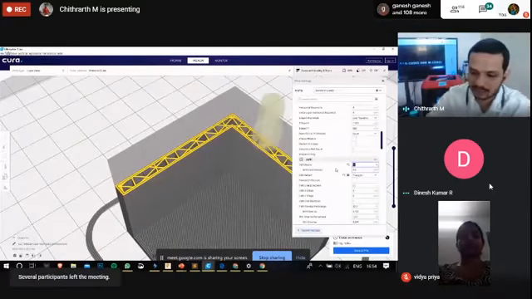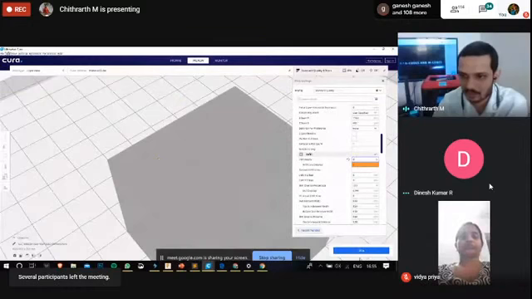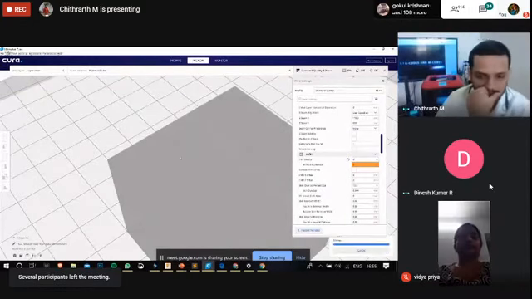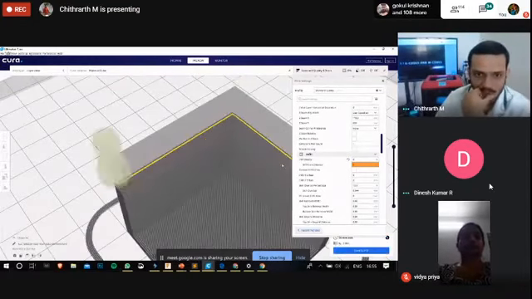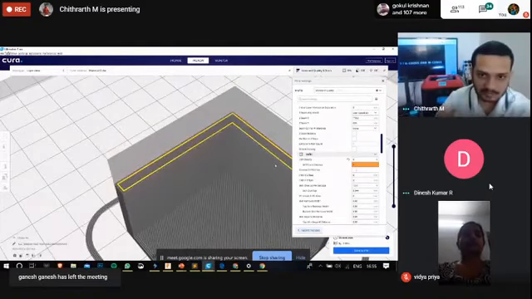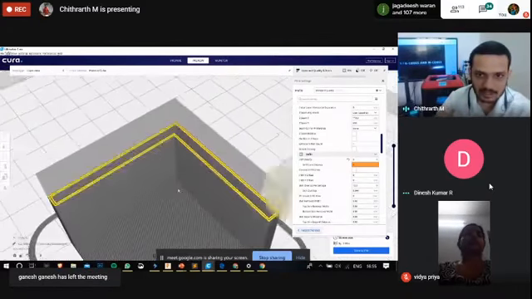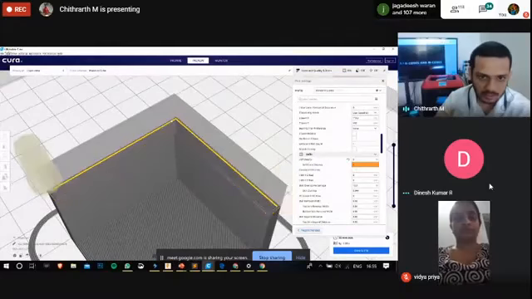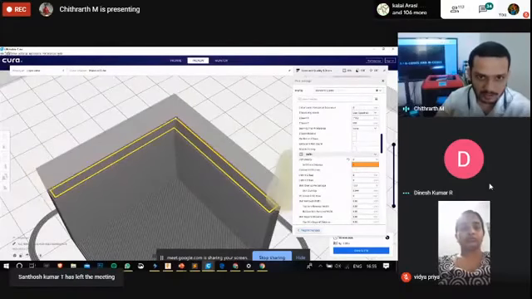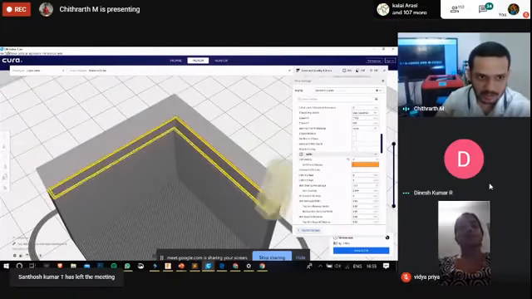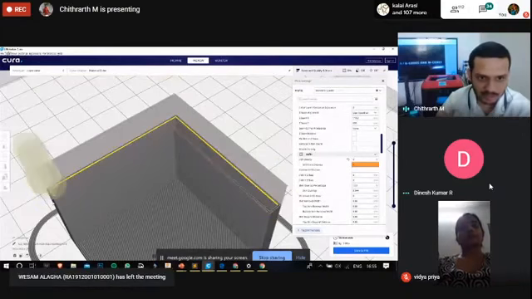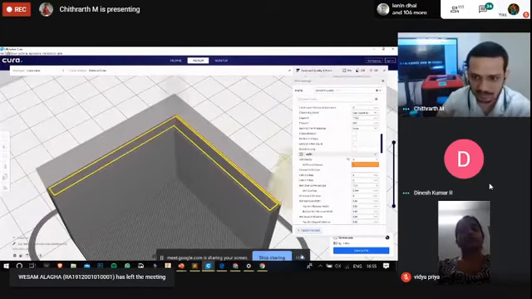Let me change the value to 0 infill and slice it again. This is how the part will be printed. Now the instruction set will be like, the extruder should move from this point to this point, and from there to here, and here to here, and then here to here.